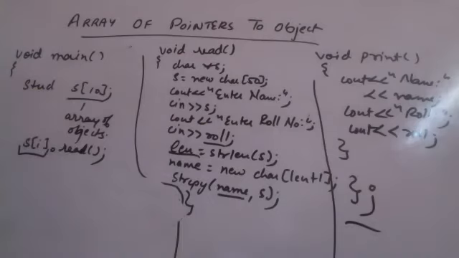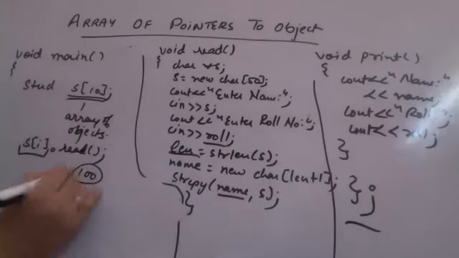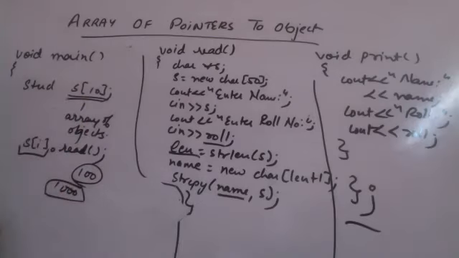Now if I dynamically want to create the objects at runtime, I do not know कि 10 students होंगे, 20 students होंगे, 30 students होंगे, जितने चाहिए उतने ही students चाहिए. I don't want to create more. So what do I do instead of creating? Understand the difference: if I create S10, if one student is taking 100 bytes, then 10 students will be taking 1000 bytes, which is reserved. Now I cannot increase the size, I cannot decrease the size. So I am stuck with 1000 bytes.